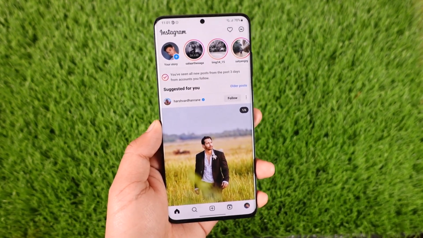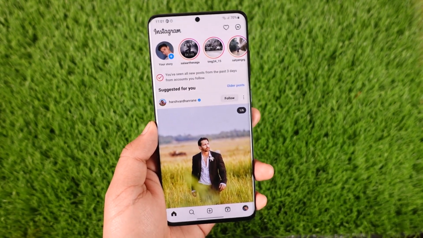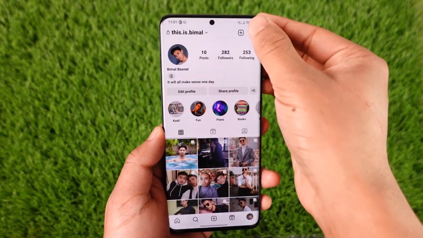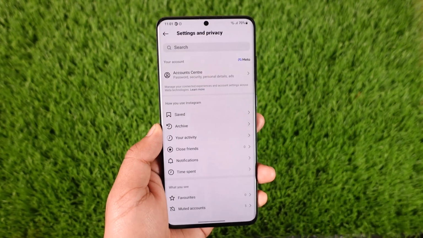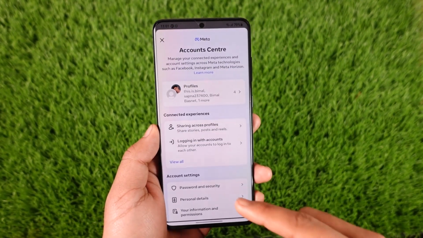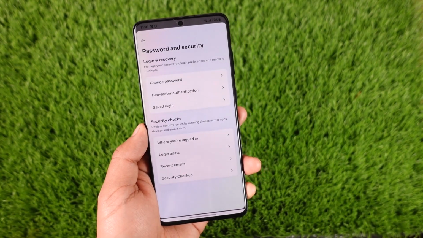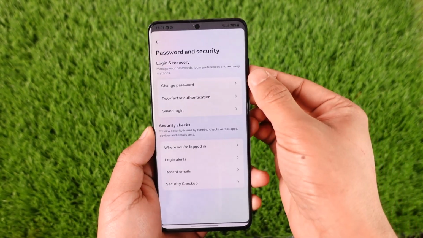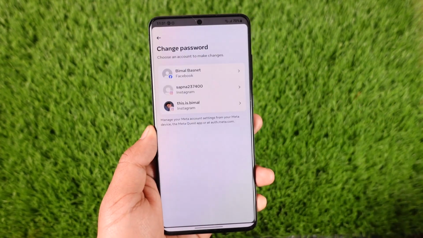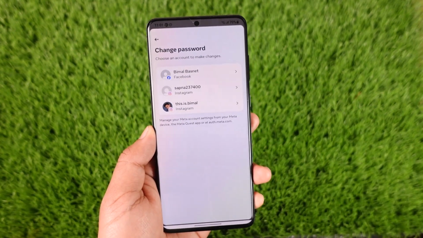Now what you want to do is, if you want to remove your Insta ID, you have to come to the profile page, tap the three lines option, go to account center. Once you go to account center, go to password and security. One way you can remove your account or ID from another phone is by simply changing your password. So you can tap the change password option here and then change your password, and when you change your password,